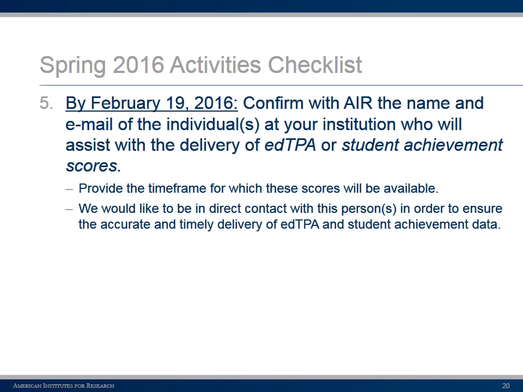If it is someone else in your institution, we just want to know that in advance so that we can start working with that person, and the request that we make to them later on in the spring or the early summer isn't out of the blue. And then in a district, of course, we know that many of you as partners may not be the person who's going to have access to the student achievement data. So if you can put us in touch with that person in your district, we can get that process moving well in advance. And really, we're looking for the time frame within which these scores will be available. So if that's information that you have, definitely confirm that back to us by February 19th as well.